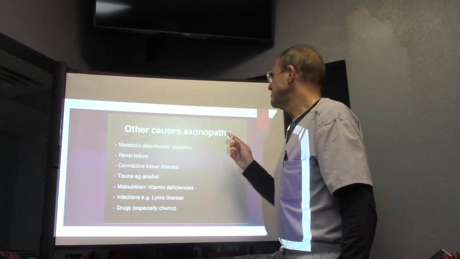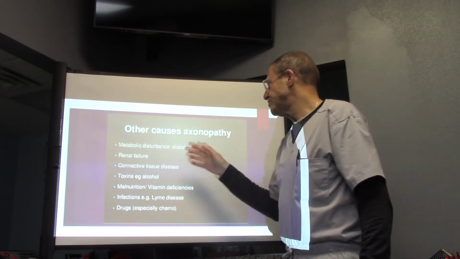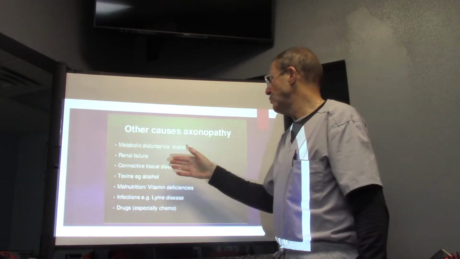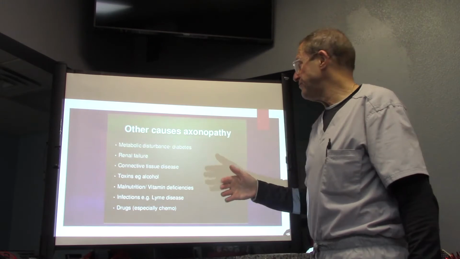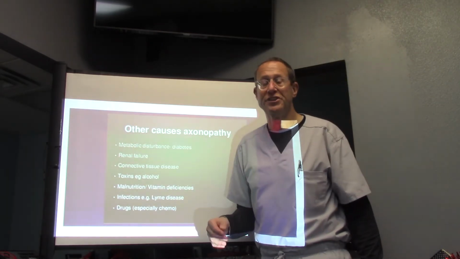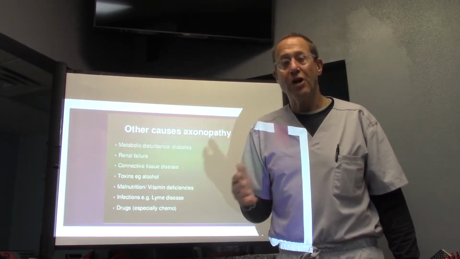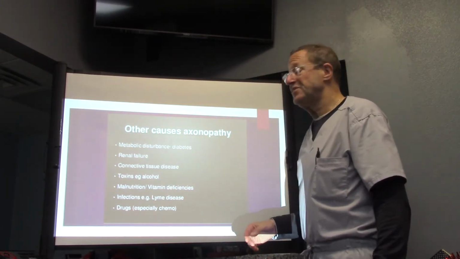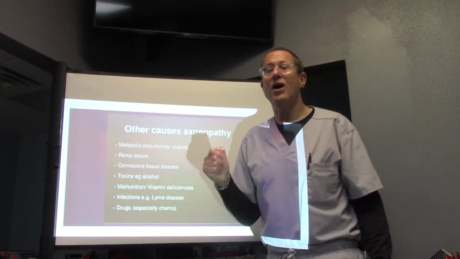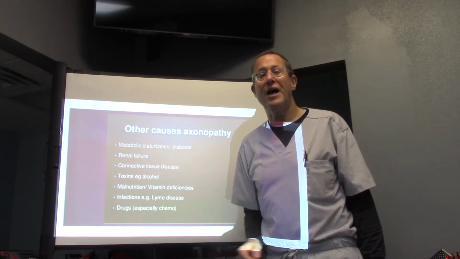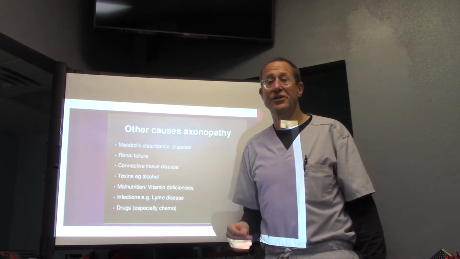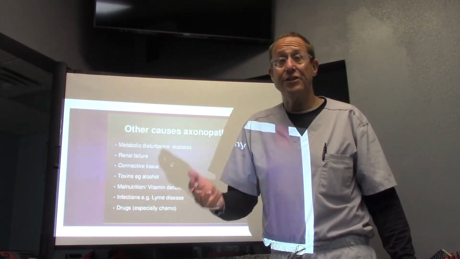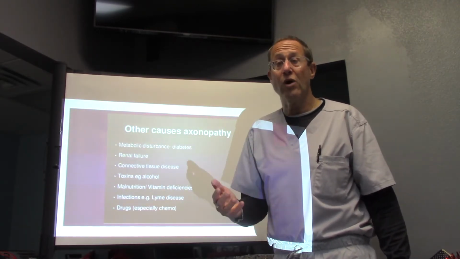Other causes of axonopathy: metabolic disturbances like diabetes, renal failure, kidney disease, okay, will cause it as well because of the toxin buildup that affects the nerves. Connective tissue diseases like Sjogren's disease or sarcoidosis can also cause axonopathy. Toxins, alcohol is very big, and alcoholic neuropathy or axonopathy can be very serious. And people who drink for an extended period of time, a few years or more,